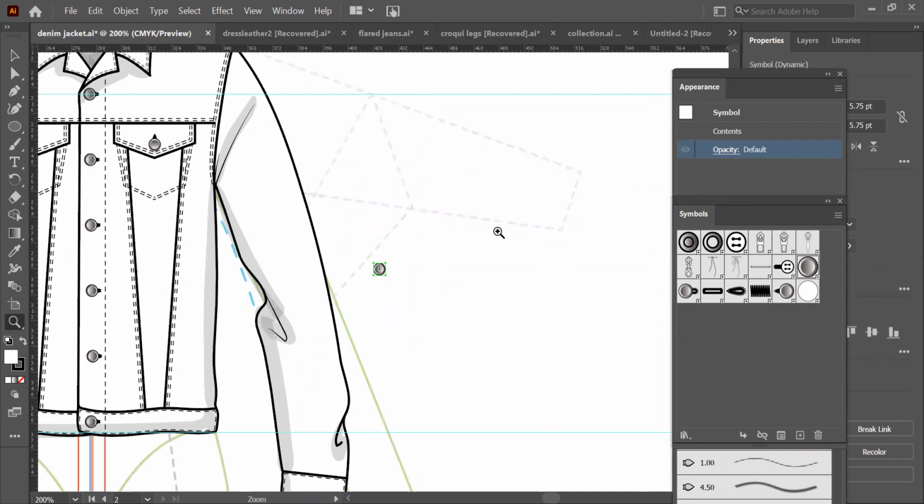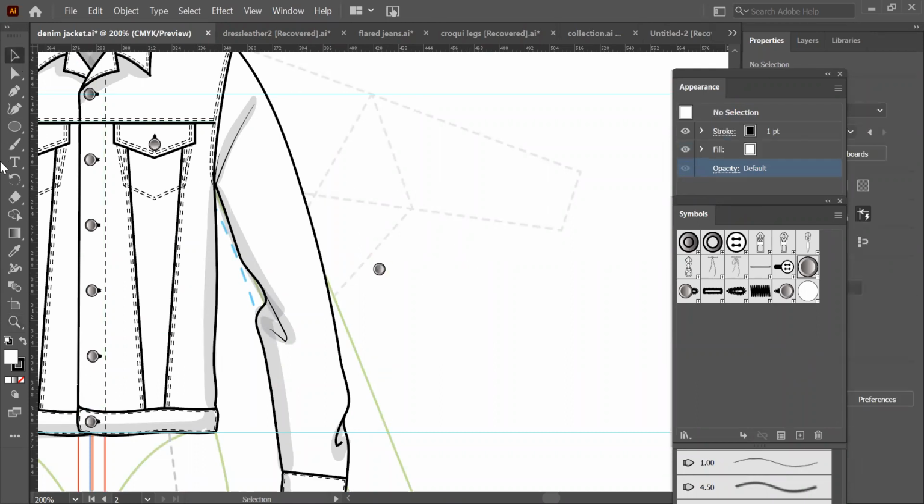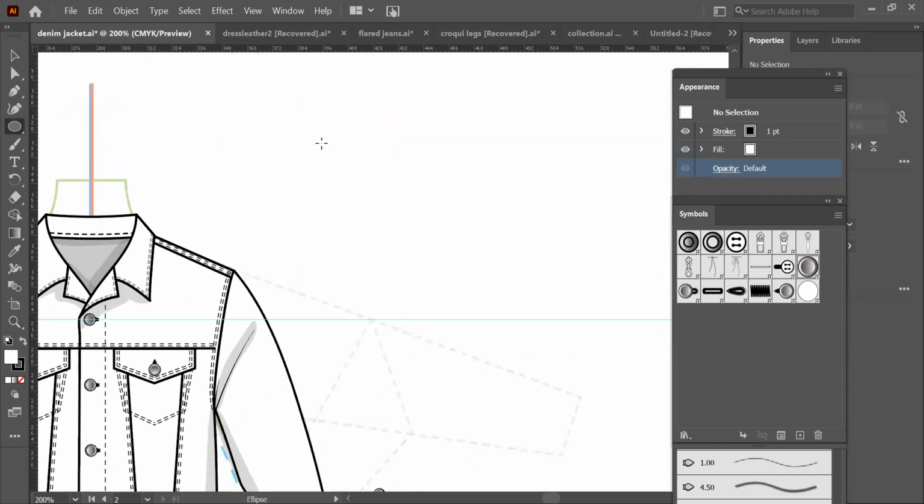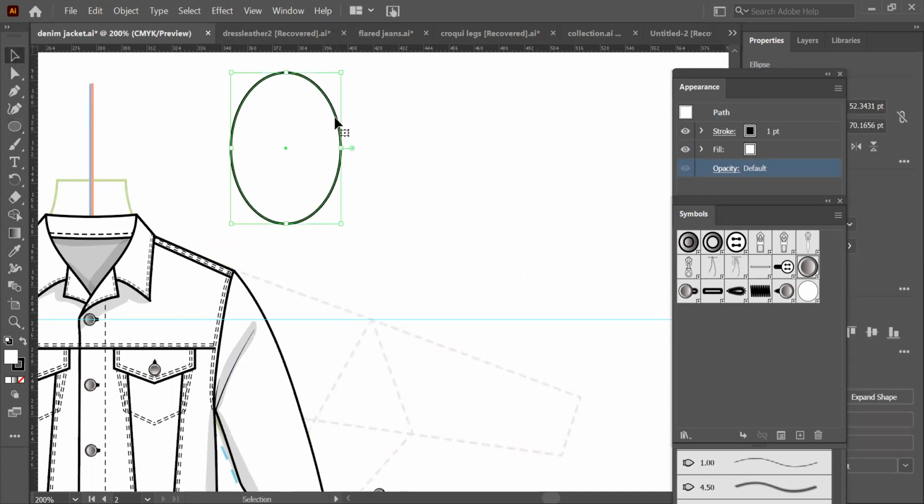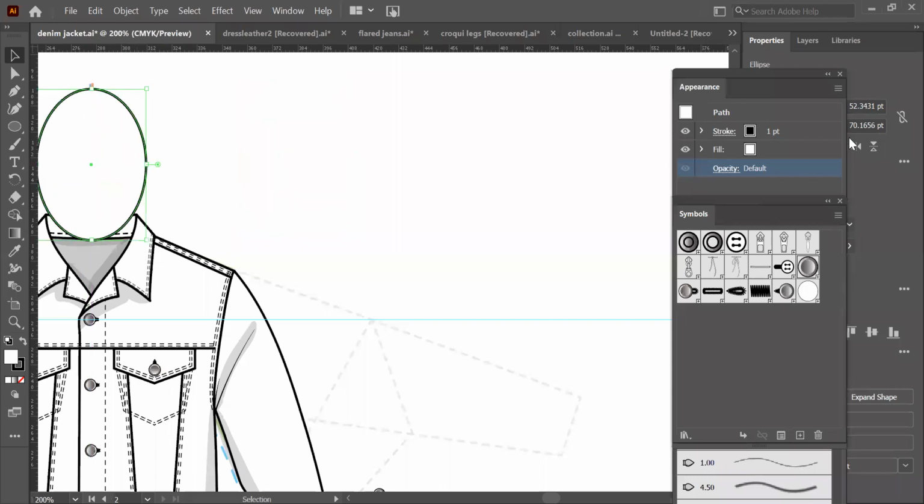So basically a symbol library is created just to help you out. So suppose this is the face, and it's supposed to come here, and this face is going everywhere, in all my croquis and all.